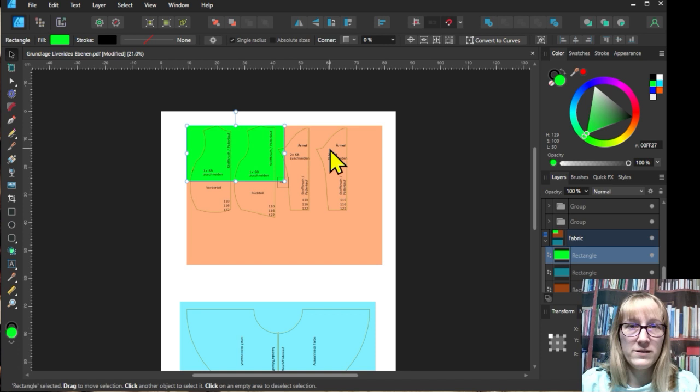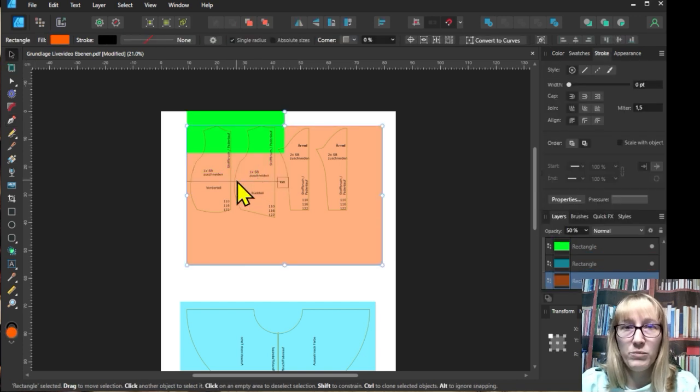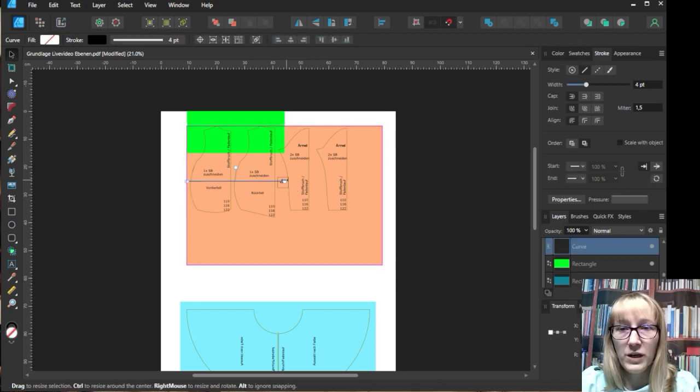Now you can either just leave the rectangle in, or you can select the drawing pen and draw a guideline on the line of the projection rectangle. So just click once at the beginning and double click at the end, and you have a projection guideline here. It is best if a cross line, straight grain or fold line also crosses at this line. If there is no line, you can simply draw another line from top to bottom. It will help later to realign the fabric correctly. We would have to do the same for the sleeves. We can draw this line a little further, and would now have entered our projection helpline here.